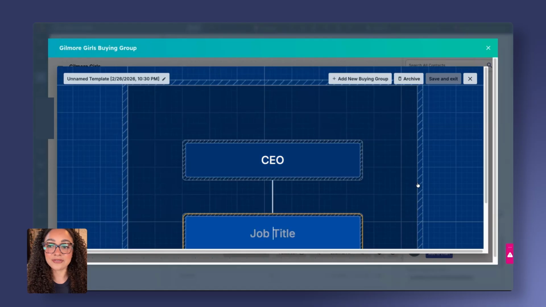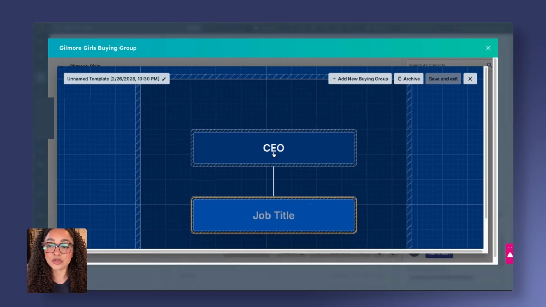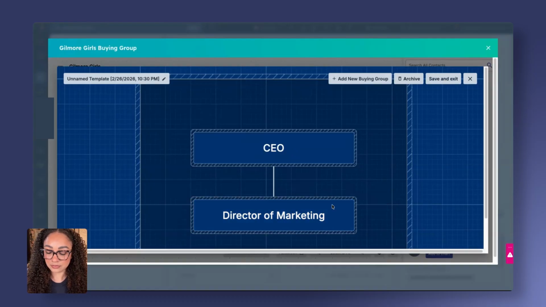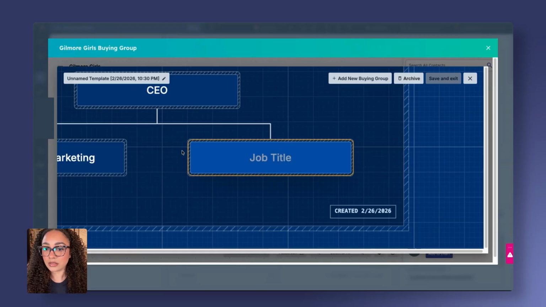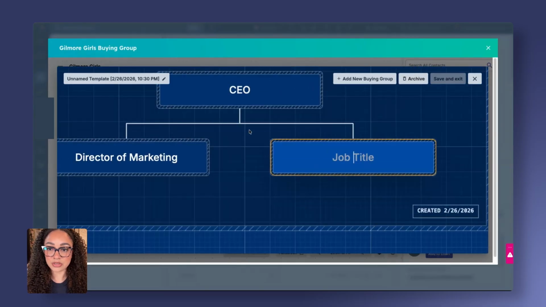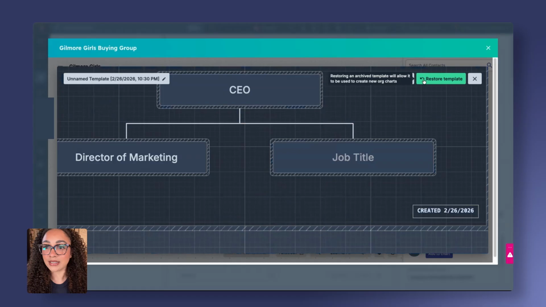You can essentially craft a little map yourself here to add in different roles. So we'll do director, and then we can always do options to add left, right, and down until you're happy essentially with the entire flow map of your organization chart. Again, you typically would expect to see. So that's if you would like to use a template, if that works for your type of company and your type of business. Otherwise, we can go ahead and go back, get out of here,